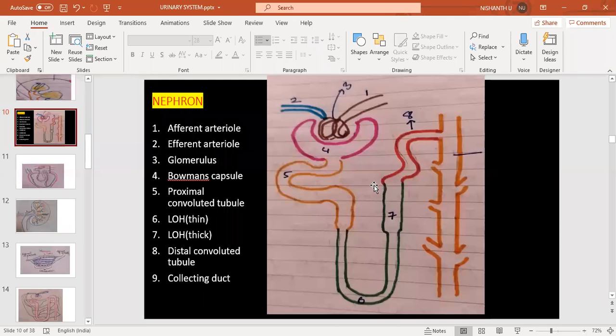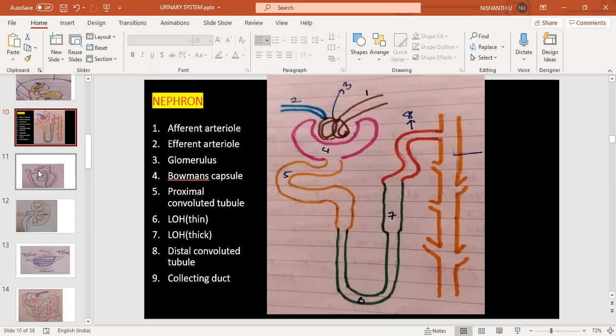Reasons are there. A little bit of deviation will be there because I have drawn the diagram of the nephron like this, but actually it is not like this. The original nephron is something different. For our convenience, I have drawn the nephron like this. Even in the textbook, they will show it like this. And second thing is, once the filtration is over, the filtrate will start to move in this tube. We call it either tube or lumen.